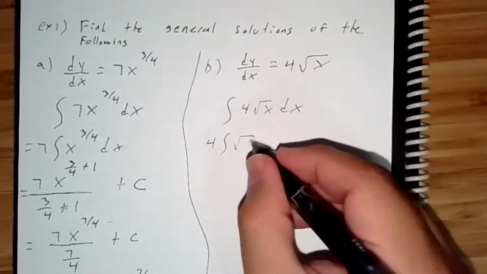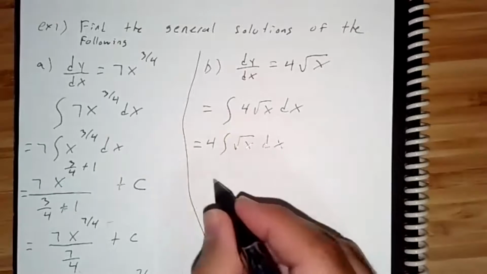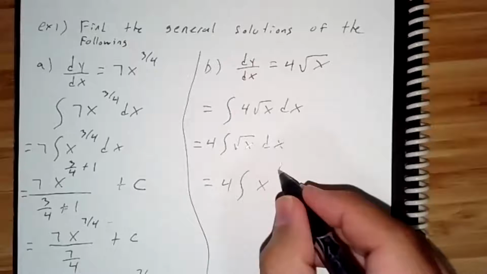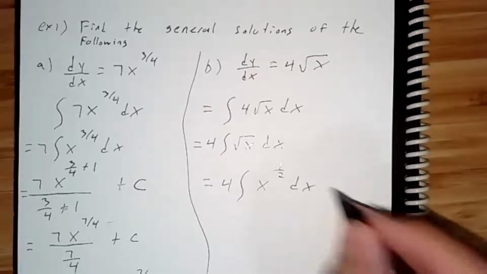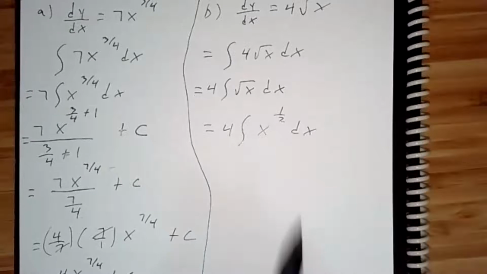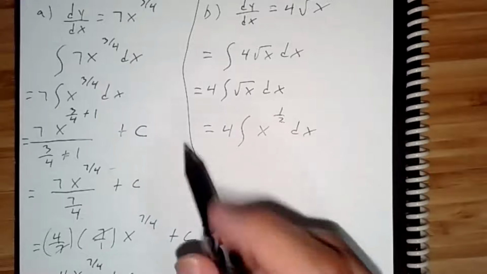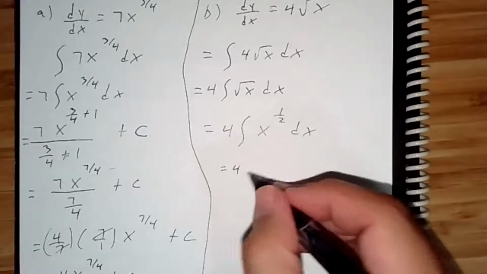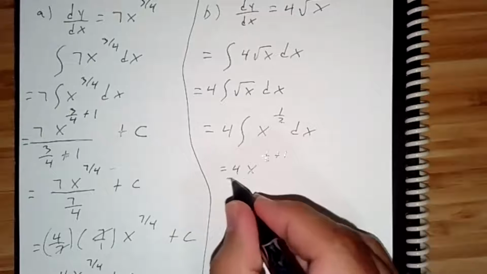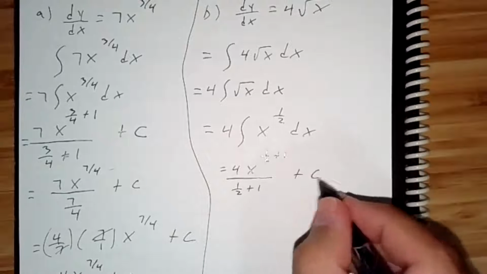But now I have this root, so we have to change this into 4 integral of x to the 1/2 dx, right? Because that's the same as a square root, correct? So now we use the same rule. So we get 4 x to the 1/2, and you add the 1, and then whatever you get up there, you got to do to the bottom plus 1. So that's the integration